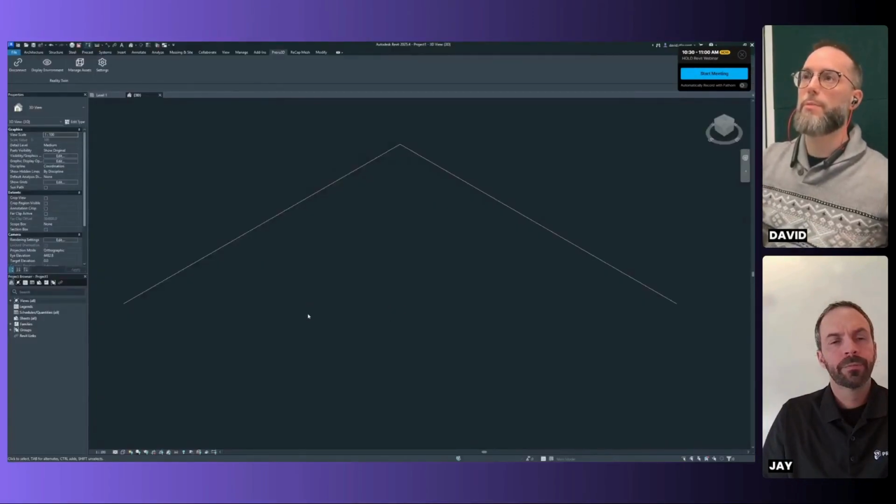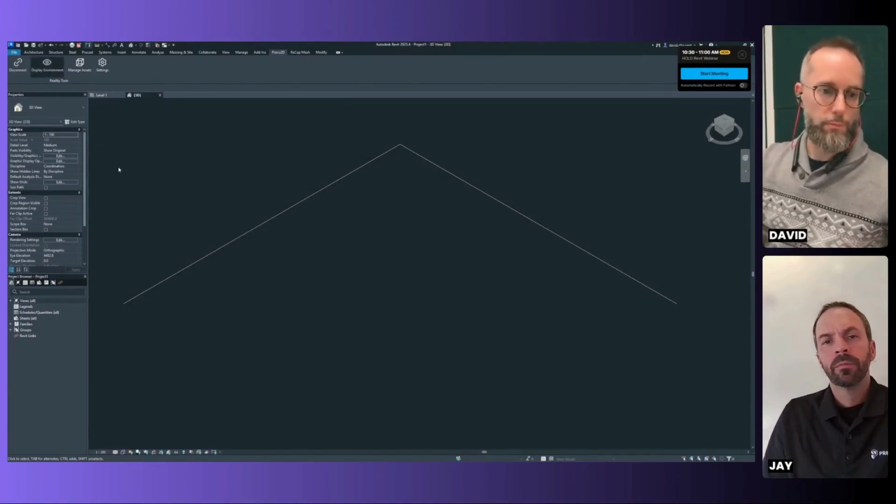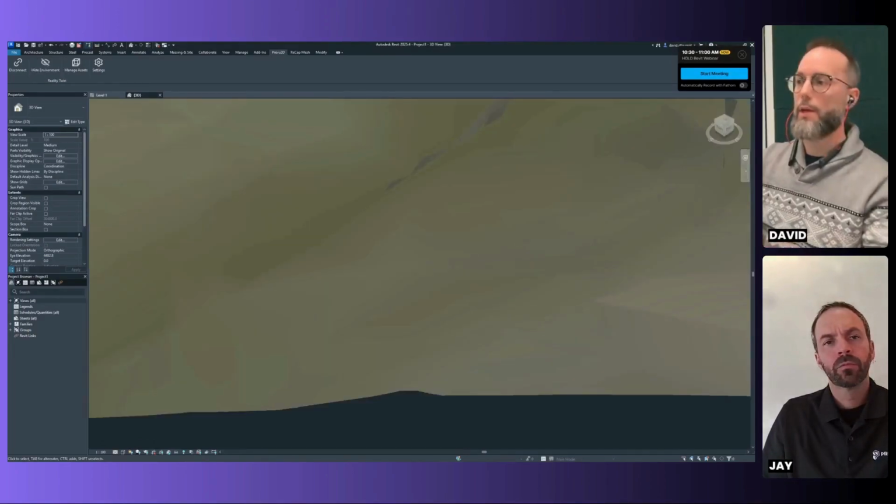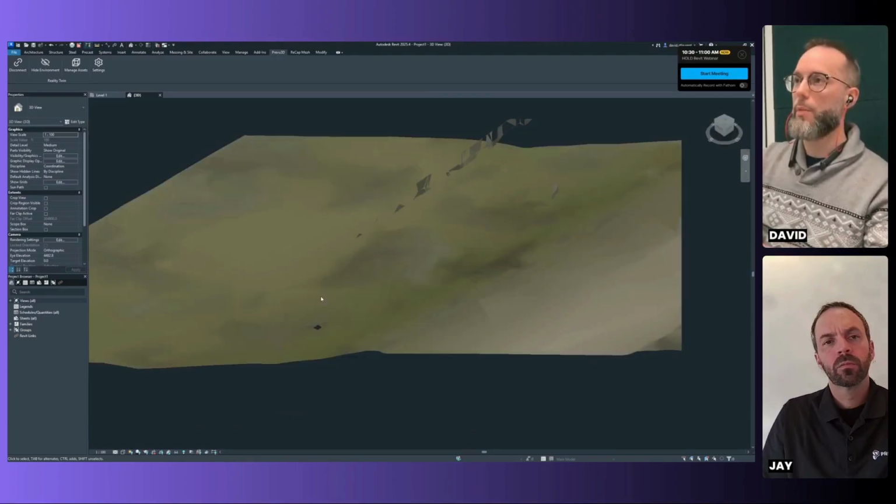Now that is complete, I can simply display the environment. And Revit will begin to stream the environment directly from